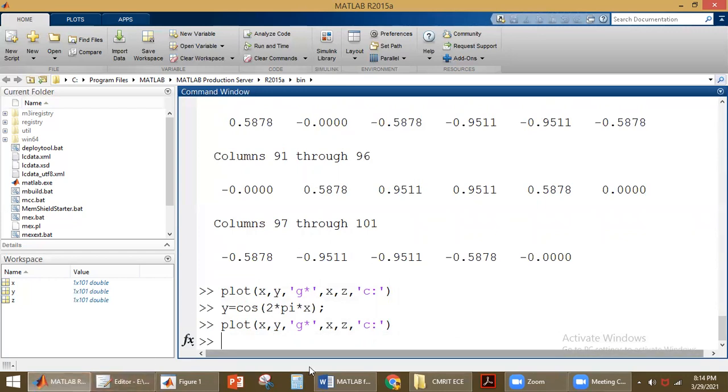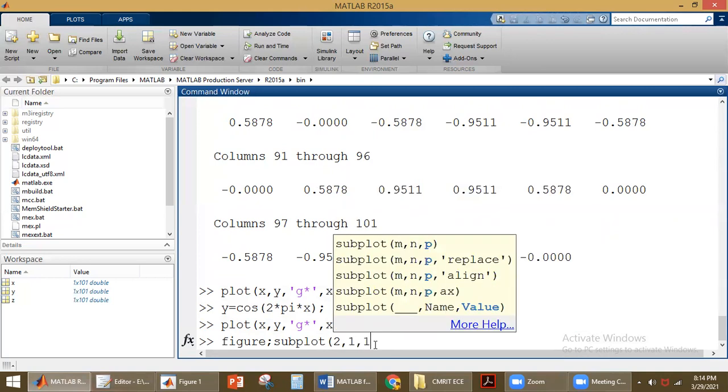So like this, if you want to use subplot, for example, subplot, now we are using a different figure window, figure. Okay, subplot. Now we have two figures, no? So you can use two rows, one column in one figure window.